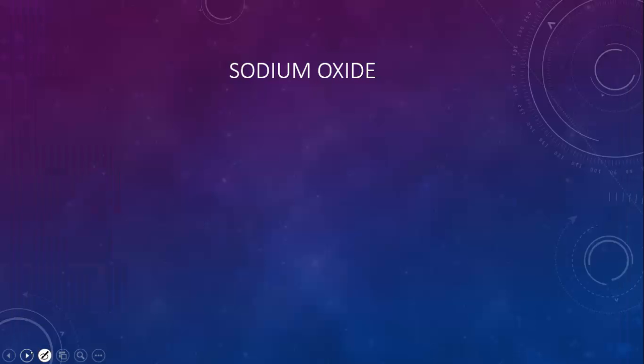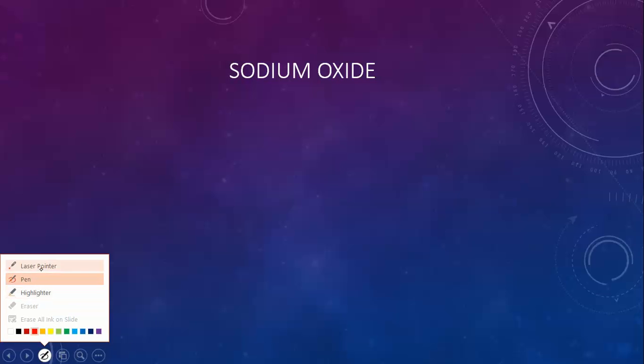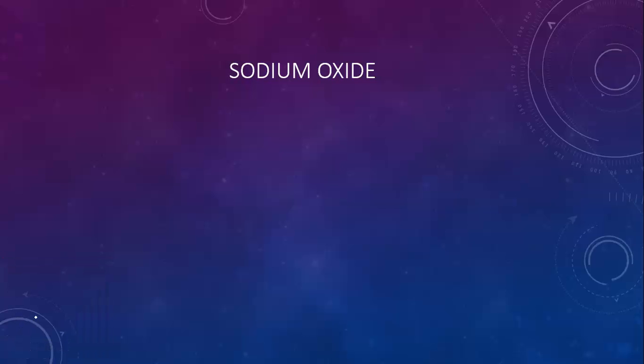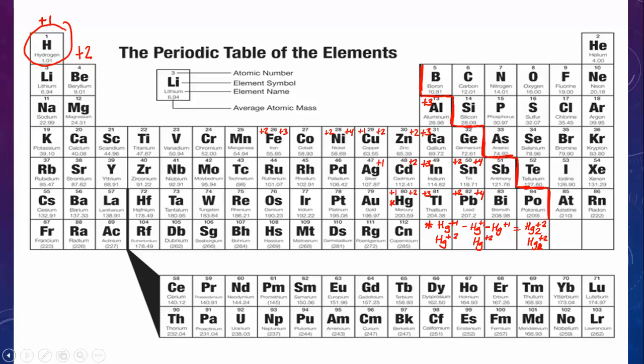let's get started. Sodium oxide. Notice, first of all, that sodium does not have a charge. What that means is that sodium has the charge that it normally has, which, since sodium is in the first column, means it has a +1 charge. Oh, wait a second. We forgot about the negative ions. Alright, so let's go back here to